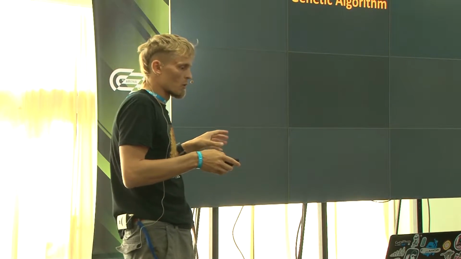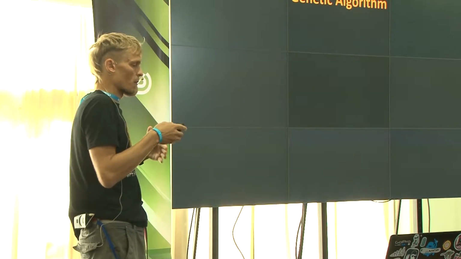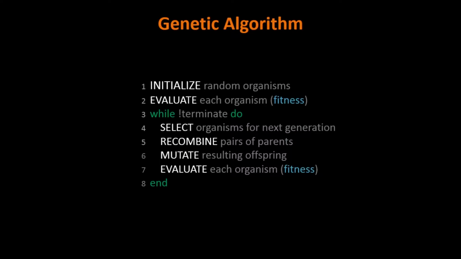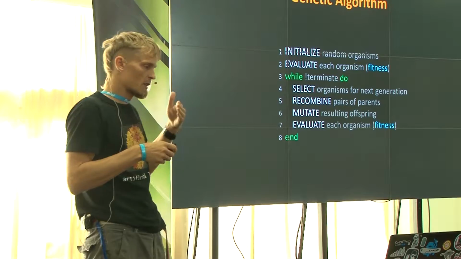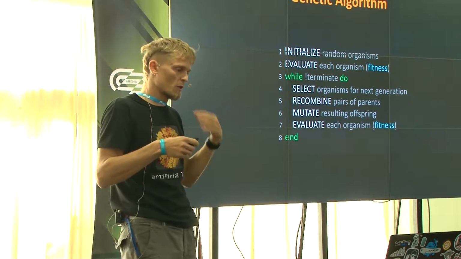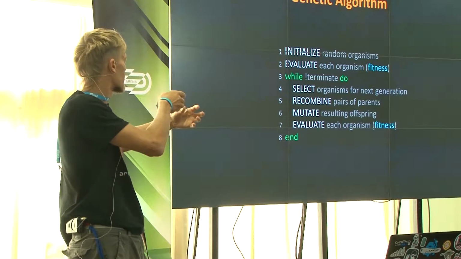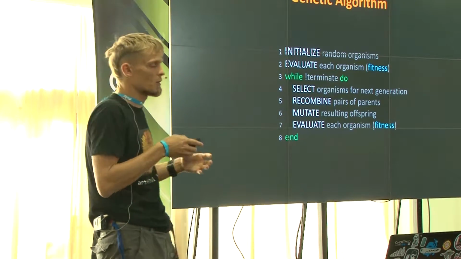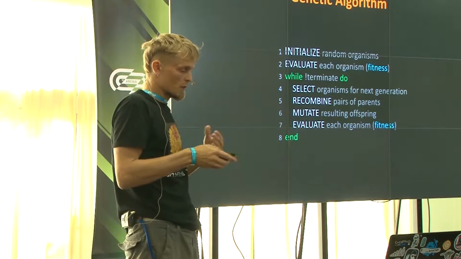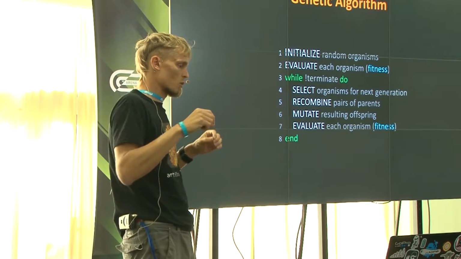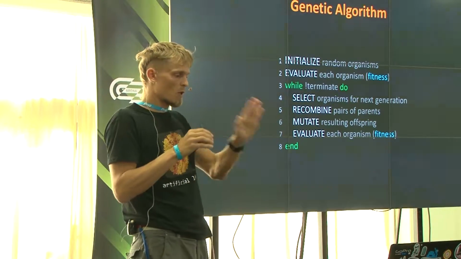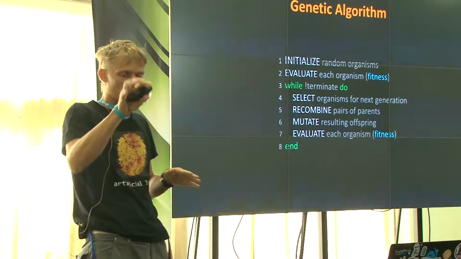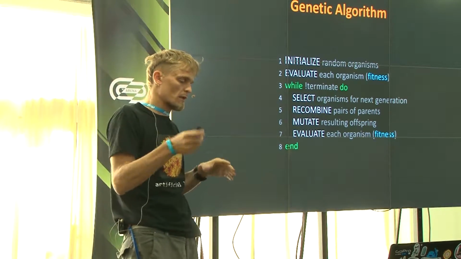If you're talking about computer code, we may program or create some program which implements the genetic algorithm. It's very simple. First of all, if you're talking about organisms, we are talking about solutions. So if I tell you an organism, you may think, okay, this is a solution. First of all, we create a big amount of solutions for some abstract problem. After that, we evaluate every organism, every solution. Using the fitness function, we may take this solution and mark some number, for example 1, then take another organism and mark another number, and so on.